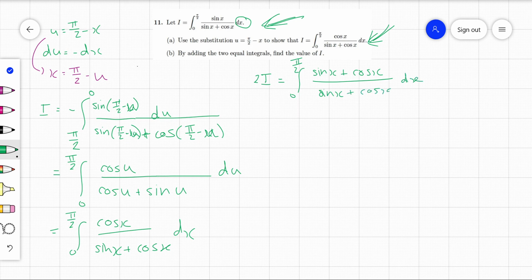So if we add them together, we get a nice integral that is really just the integral of 1. And we know the integral of 1 is x. So between 0 and pi on 2, we get just pi on 2. So we've got two lots of the integral is pi on 2, therefore one lot of the integral, divided by 2, must be pi on 4. Alright,